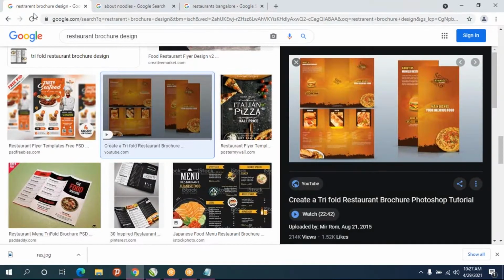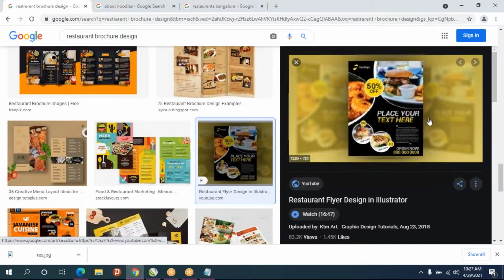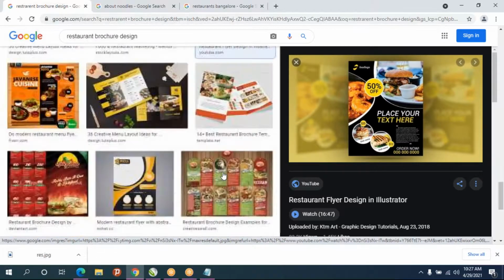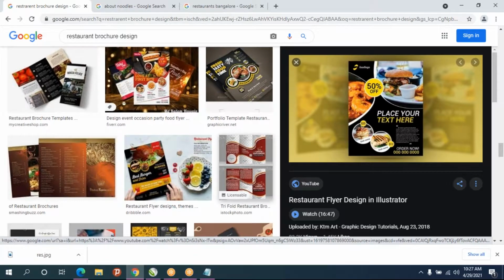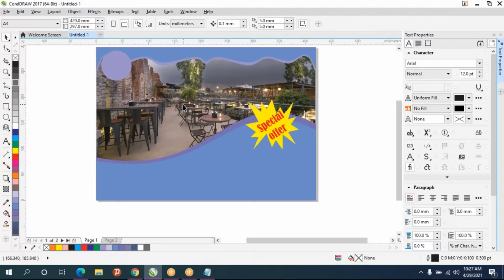So before creating any brochure, try to create which is already there in the internet. Try to create like that. Then use your own idea. Then create your own brochure design. So before that, you should have the contents. Suppose if it is related to restaurant means you should have some images of the restaurants, or if it is fashion means some product photos you should have. So like that, lot of things you should have.